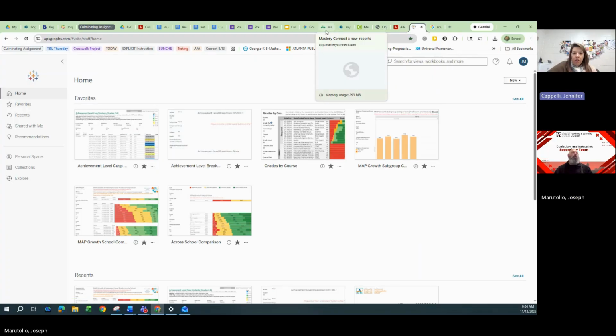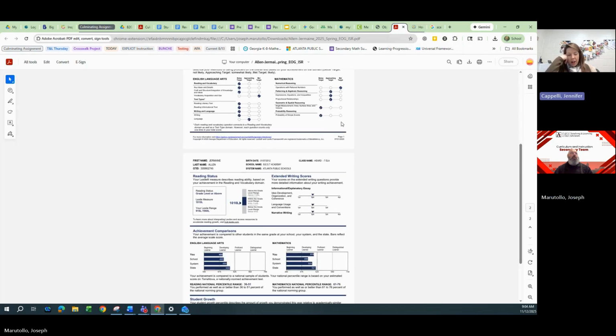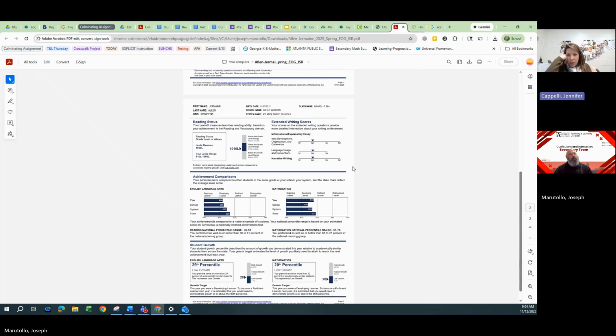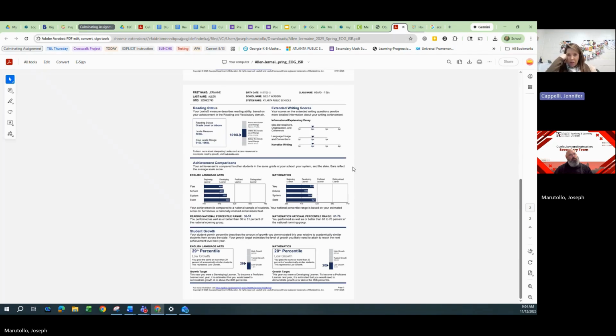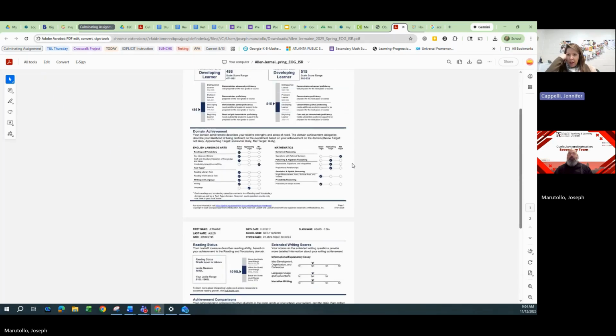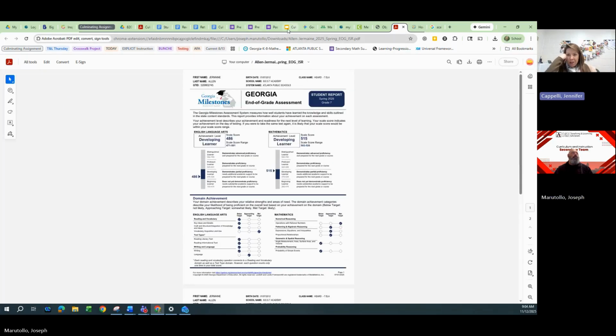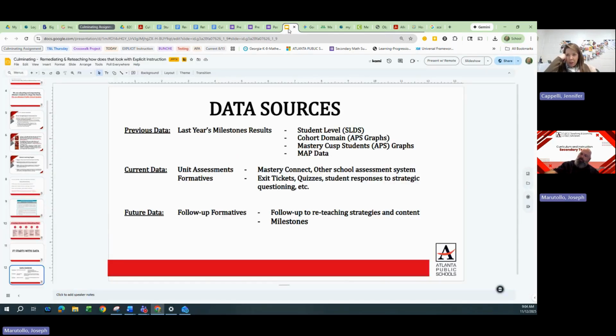So they use the one-page data profile in APS Graphs quite a bit. And then we still have formative, so they will use formative data as well. But I think teachers haven't been trained a whole ton on NWEA reports in a while. Because we've had APS Graphs, and now that APS Graphs is gone, they don't necessarily have the know-how to use the NWEA reports at the teacher level.